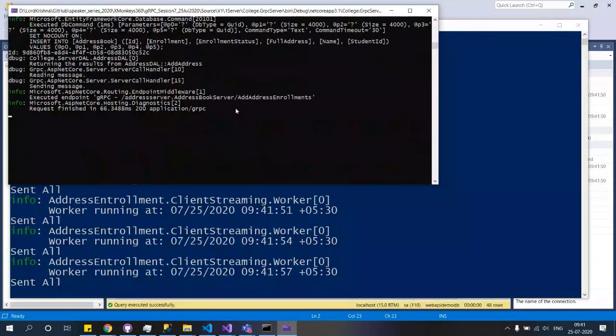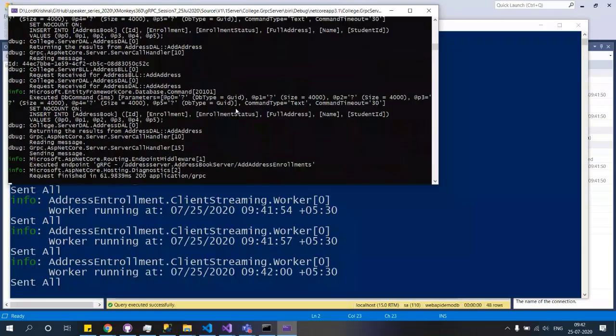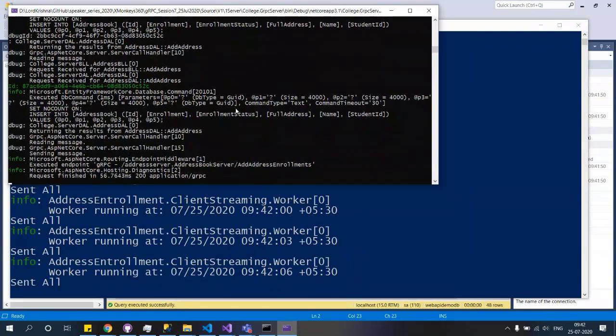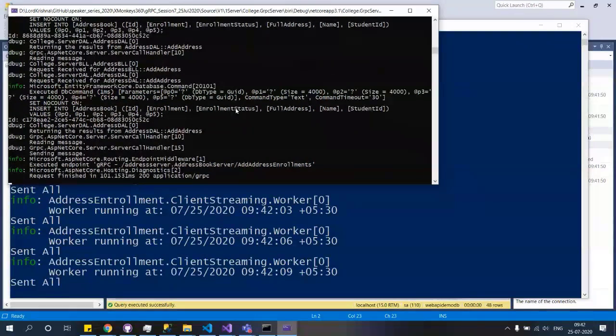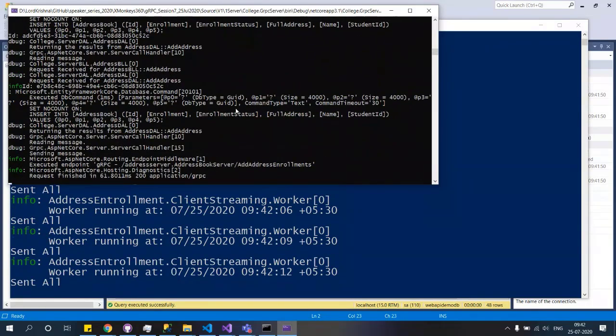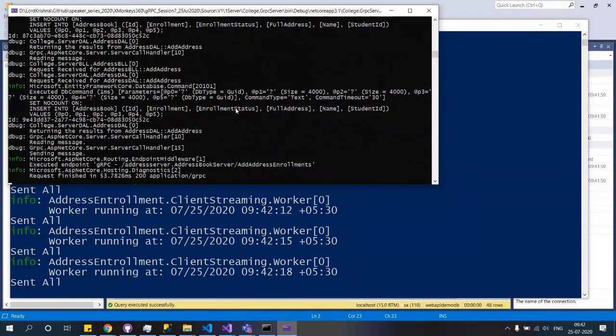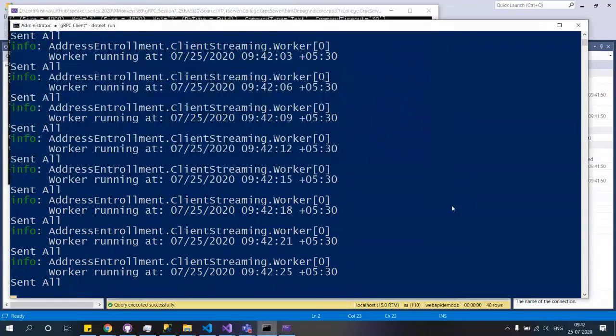So we have simulated a system where a lot of messages are getting pumped into the messaging system. We don't have the messaging system in place, but we will build it in future. So the assumption is this worker service will go and poll that messaging system. Whenever someone drops a message, it reads it and calls the gRPC server. So that's the big picture, but we have simulated the piece of that.